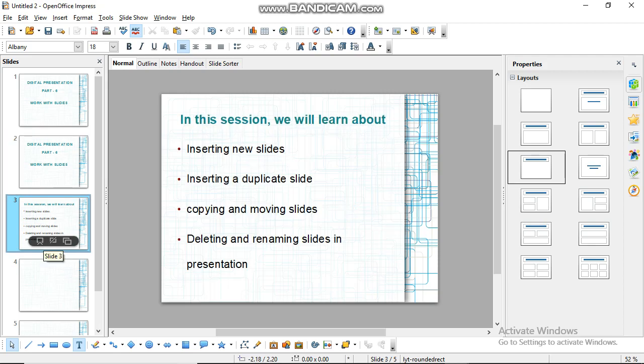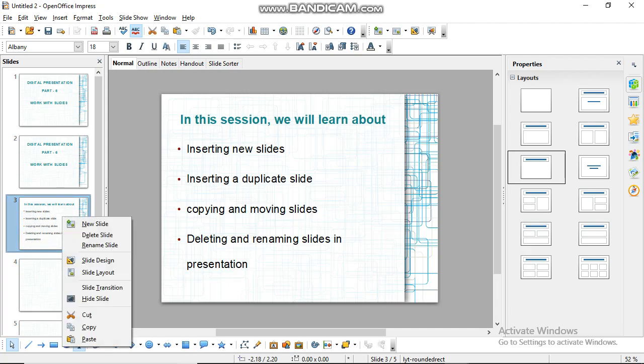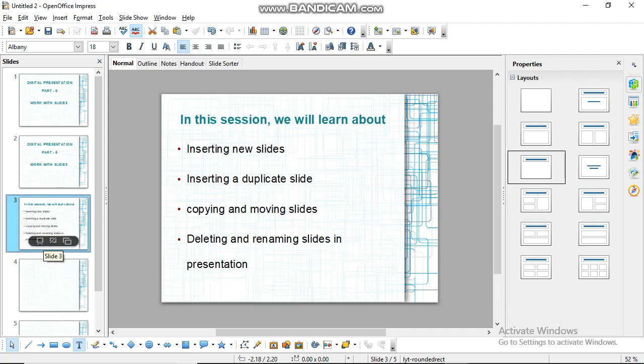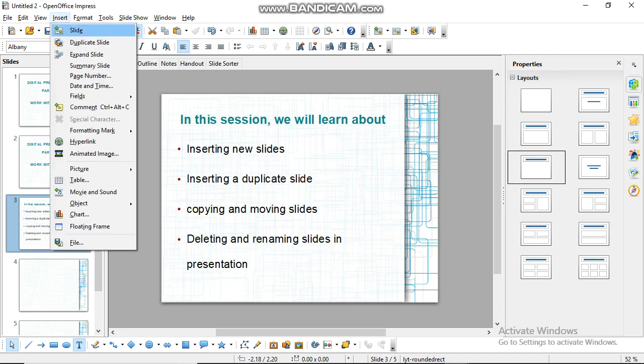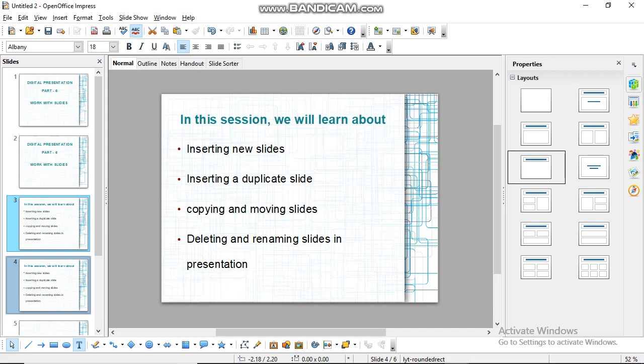For example, here I am selecting the third slide. Then after selecting the slide which you want to make duplicate, click on the insert menu and then click on duplicate slide. So here you can see slide 4 is a duplicate of slide 3.